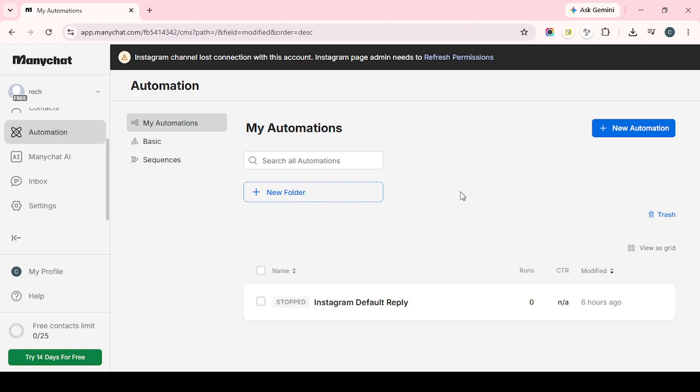Finally, enable your default reply. This acts as a fallback response for unmatched messages or messages received outside of your normal response flow. It's a simple but important safety net because it ensures nobody is left without acknowledgement. Keep the default reply friendly and informative, and let people know what to expect next. Once all of this is set up,